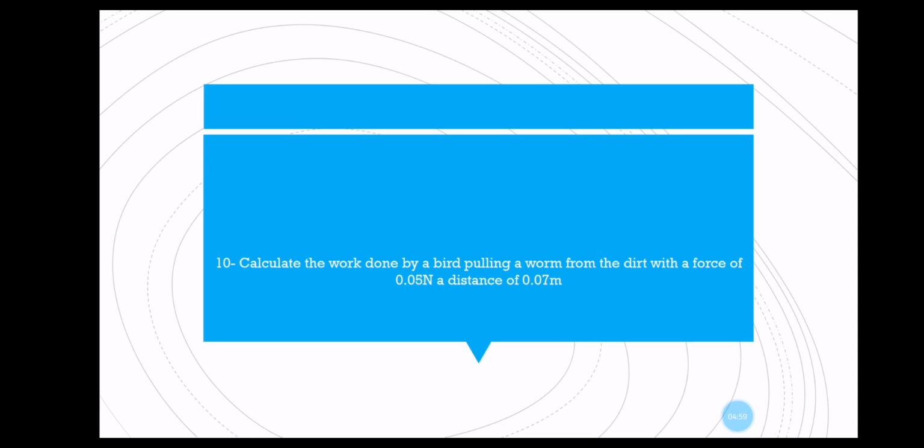10. Calculate the work done by a bird pulling a worm from the dirt with a force of 0.05 Newton, a distance of 0.07 meters. So to calculate the work, you need to apply the formula. The formula is W equals F times D. So W equals 0.05 times 0.07 equals 0.0035